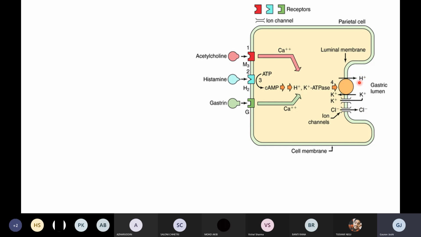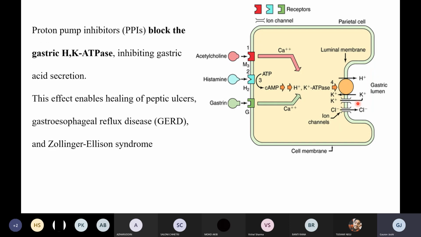So this is the channel, the hydrogen potassium pump. The hydrogen is exchanged in the presence of potassium. For every hydrogen that goes inside the gastric lumen, one potassium ion goes to the parietal cell. Then there are the chloride channels, which combine with this hydrogen and form hydrogen chloride. And as you already know there is water, so it will dissolve there and form aqueous HCl in the stomach. So this is the thing. Any doubts or questions, queries?